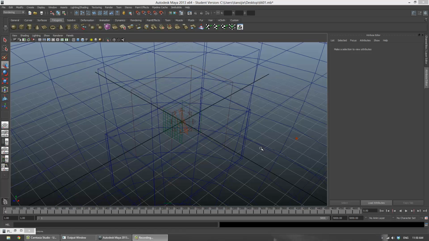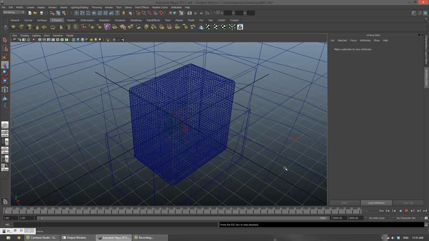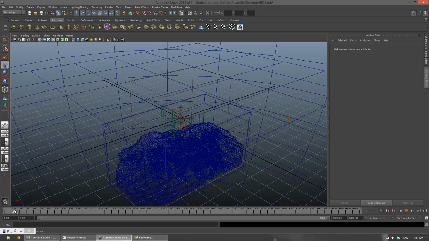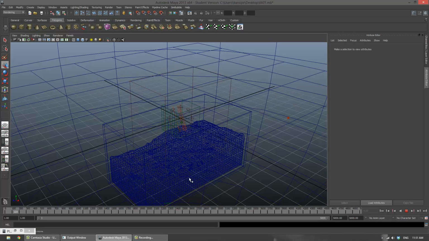So as you can see, we already loaded the Maya fluid from the sample. Then we can run a couple of frames to generate the Maya fluid mesh. This mesh is the water. So then